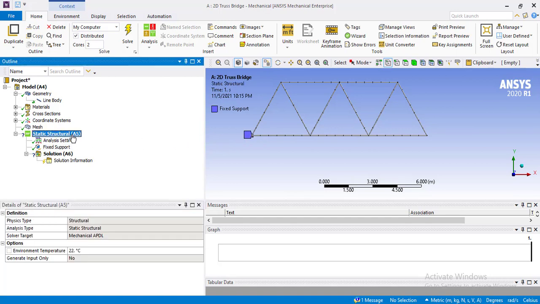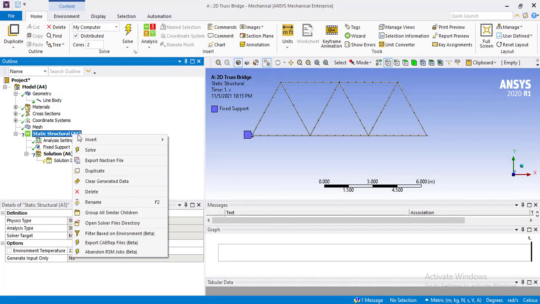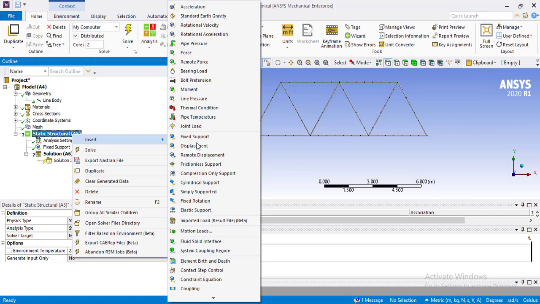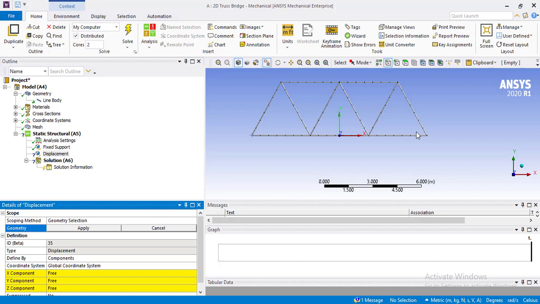Now again go to the static structural, right click on it, go to insert and select displacement. Now select this node and press apply. When trusses are actually designed, one end of it is fixed and the other end is allowed to move in the X and Z direction.